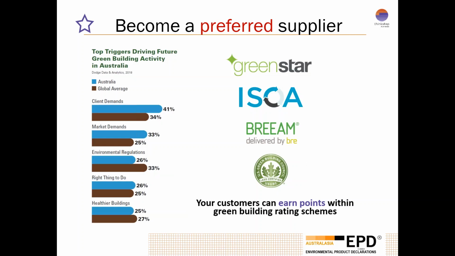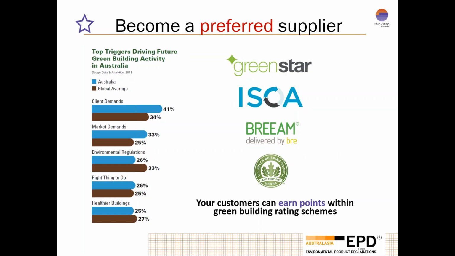The second reason for producing an EPD is to become a preferred supplier. So this is linked to the previous one. For building and infrastructure companies in particular, environmental product declarations earn them points within green building rating tools. The most obvious ones in Australia are Green Star of the Green Building Council of Australia and the ISCA Infrastructure Sustainability Rating Tool, but also in the Australian market you see BREEAM used from the UK, you see LEED used from the US Green Building Council,